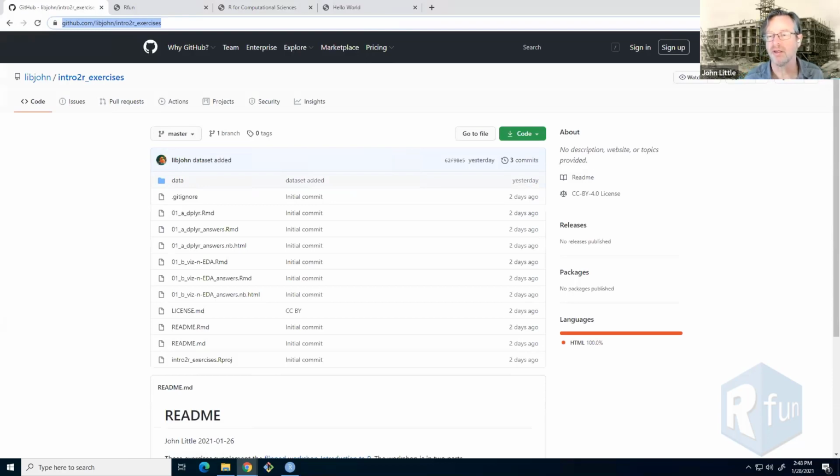So you can click on that or save it for later. But what I'm going to do is show you the never fails, always works way of getting code from GitHub. There are more convenient ways to use RStudio and GitHub, but we don't have enough time to go into how